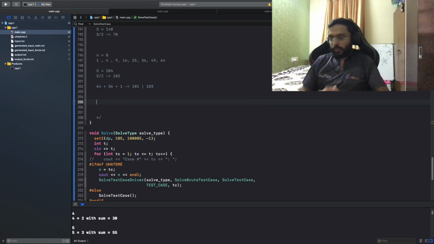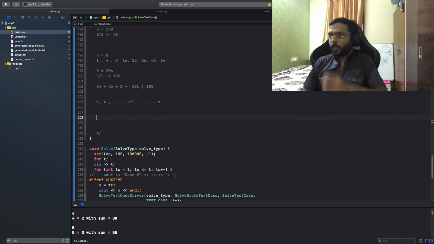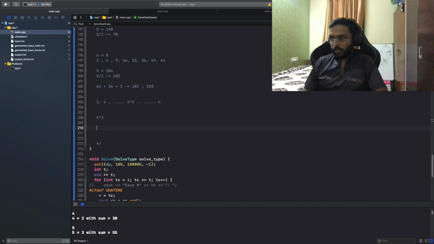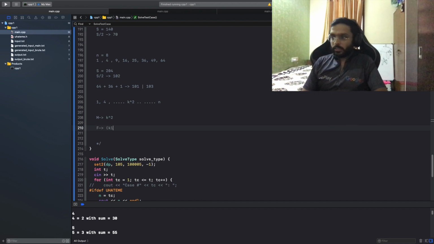So 5, 4. Let's say there is one number plus. So regarding the heaps, it's 1, 4. Then there is some k square, let's say, and then up till whatever. So if I keep k square over here, and let's say I give k square to me, and for my friend, let's say I give k minus 1 whole square.